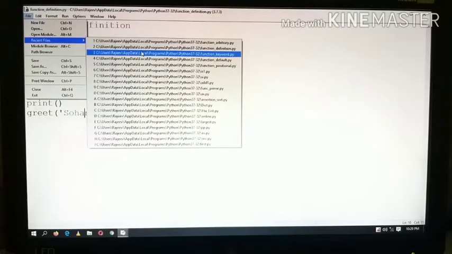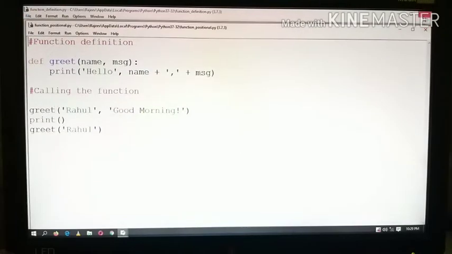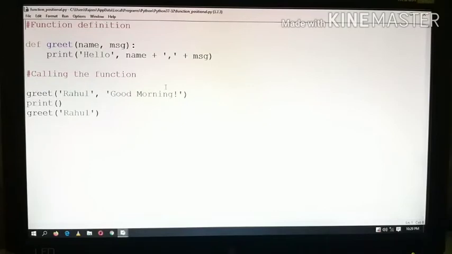Now we can see one thing. If you define a function with two arguments, there is a greet function in this example. I have defined two arguments here. In this function definition, there are two arguments.